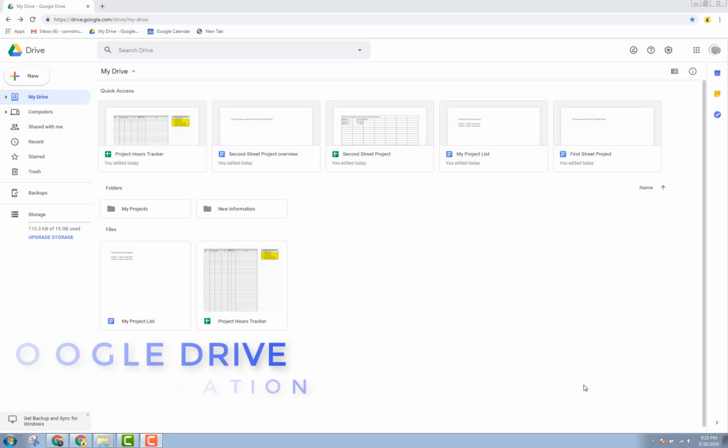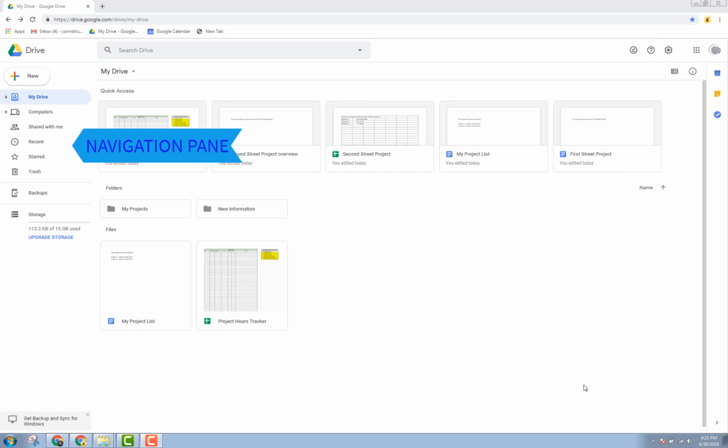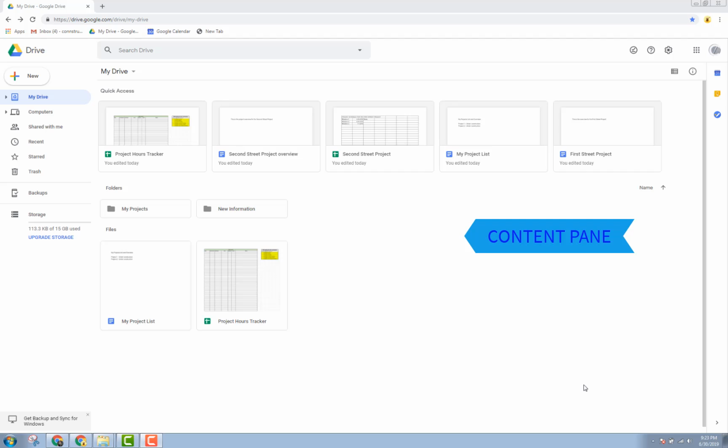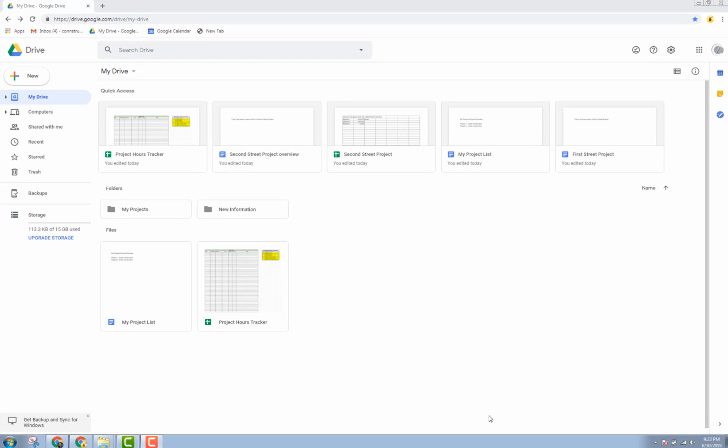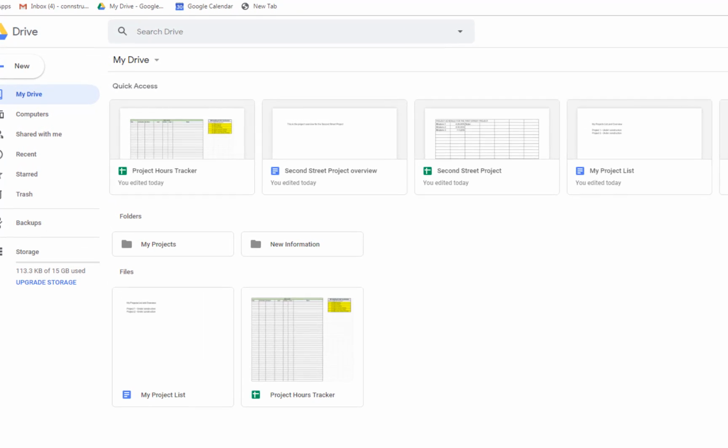Google Drive is G Suite's file and folder sharing application. The interface is made up of the navigation pane on the left and the content pane on the right. With my drive selected in the navigation pane, my folders and files are shown in the content pane. I have an existing folder for my projects,